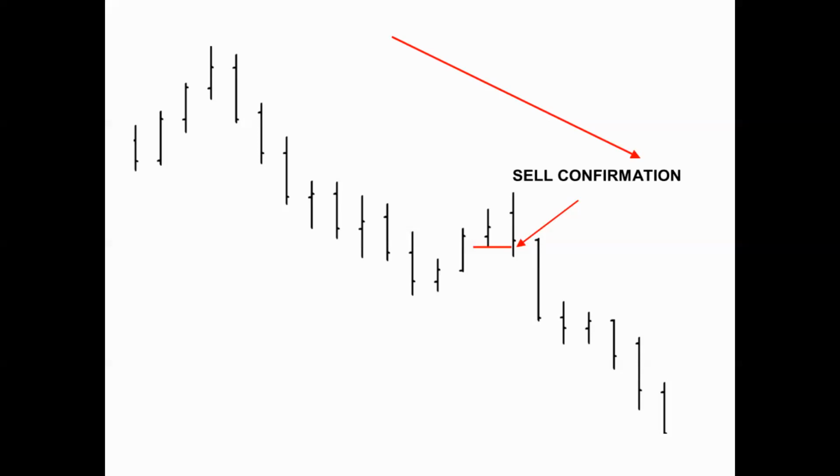Now, is this designed to have you buy at the bottom and sell at the very top? No. Sometimes you'll get an equal or even worse entry point than your original idea. But that's okay. We just want to confirm it. Remember, it's about having a higher level of consistency. We don't want to sit through 3 or 4 days of it going in the wrong direction. We just want to get in, and the minute we get in, we want to see it go in our